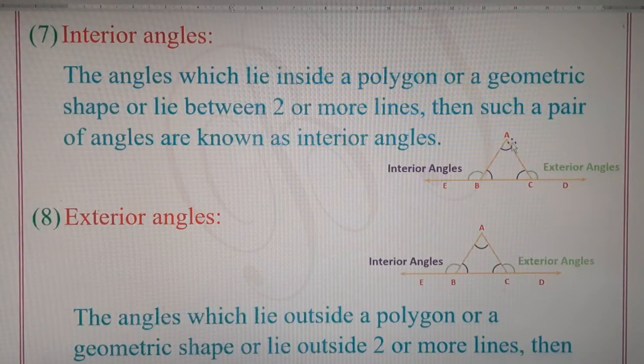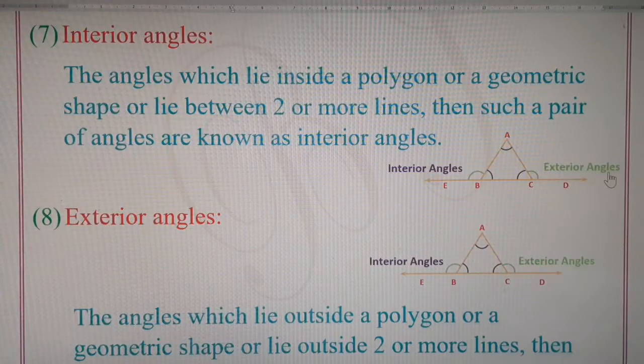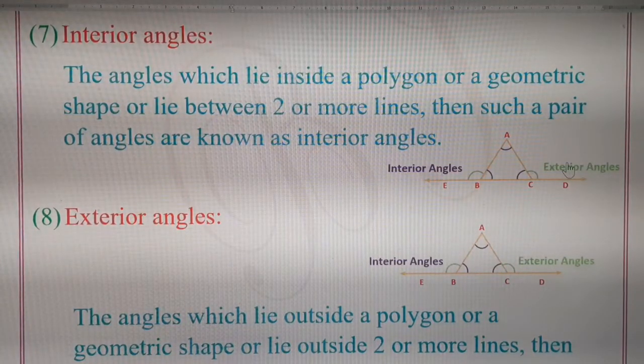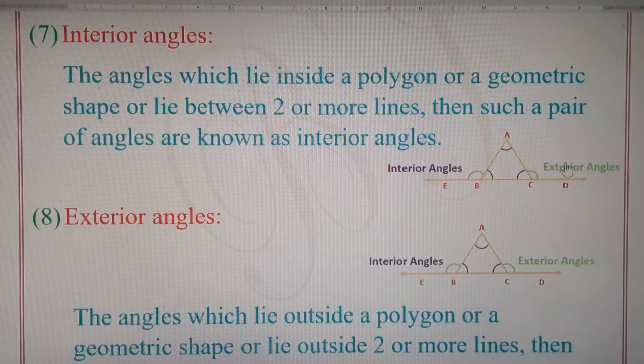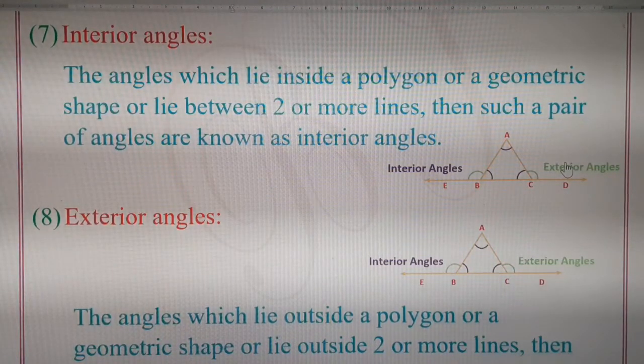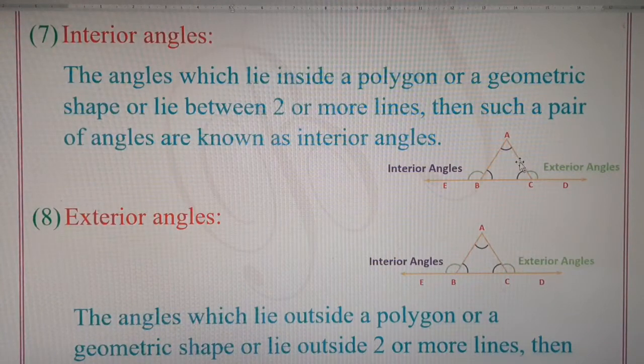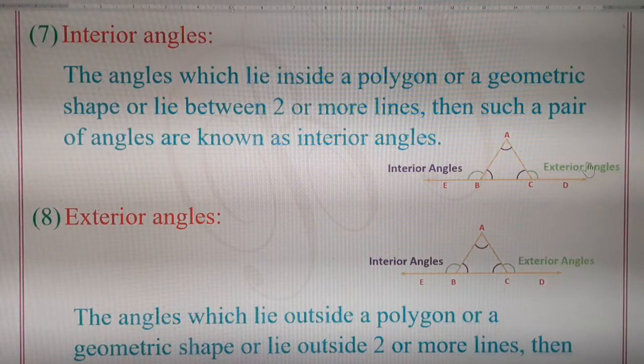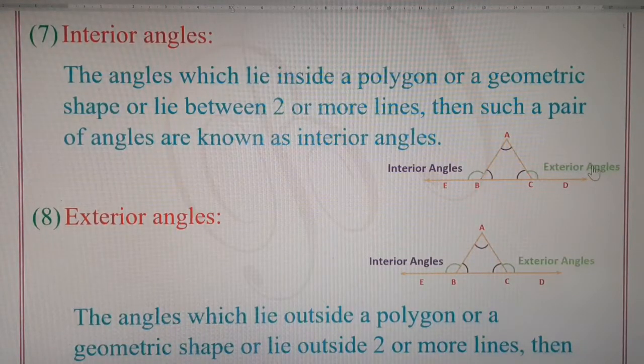Angle ABE and angle ACD are known as the exterior angles, and they are shown with the green colored markings, and the spelling of exterior angles is also written in green color. So children, it will be very easy for you to understand the color system I have used for explaining all these diagrams. If the violet color marking is done, then the name is written in the violet color, while if the green color markings of the angles are done, then the letters or the names are written in green color. So children, if you do not understand, you can look at the color code system which I've used for explaining all these types of angles.